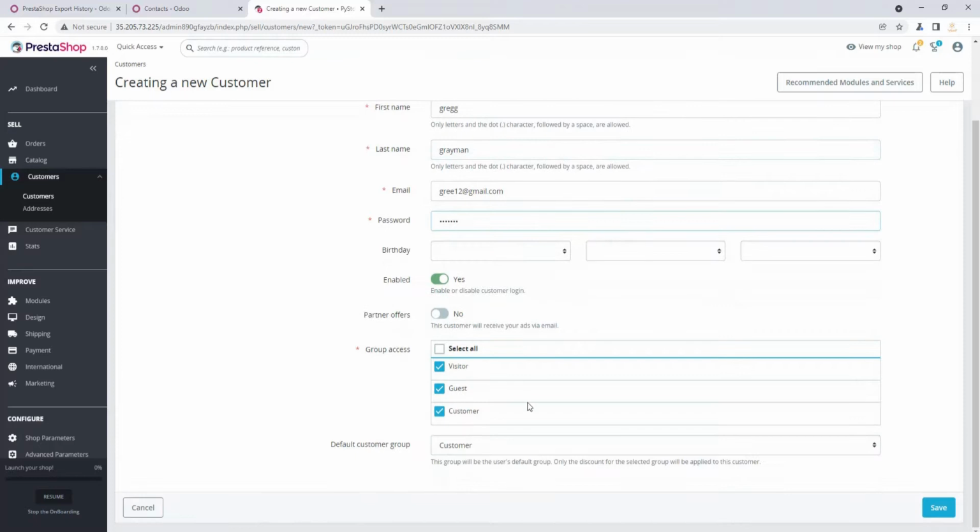Leave the remaining fields as they are, and click the save button.